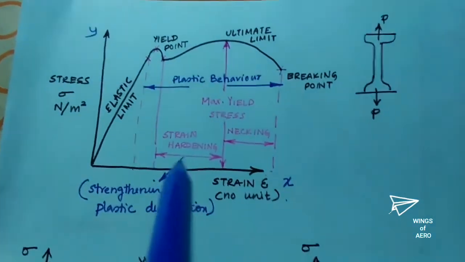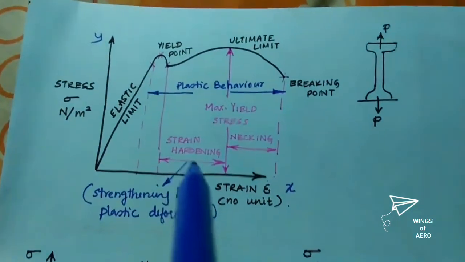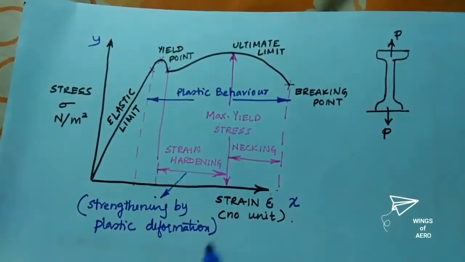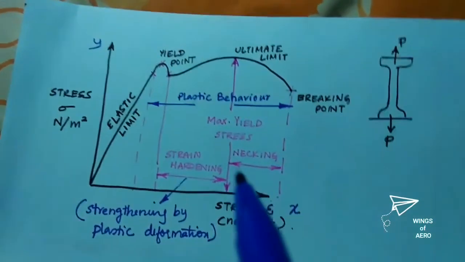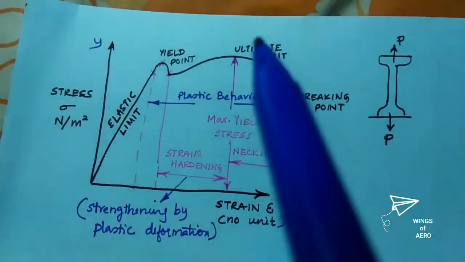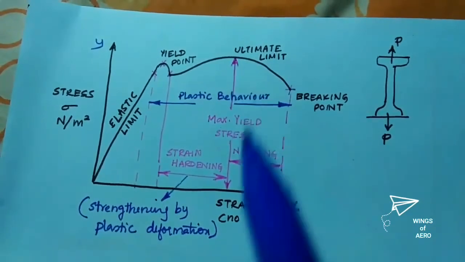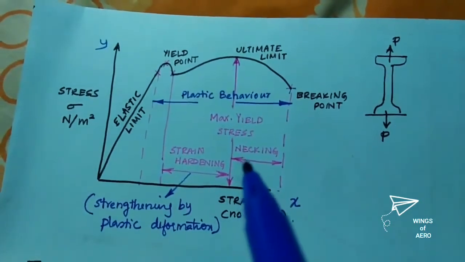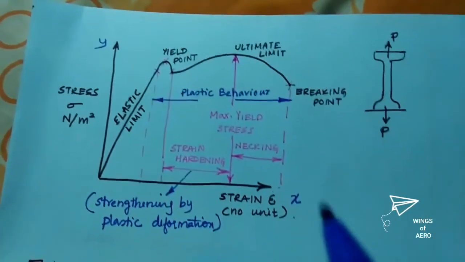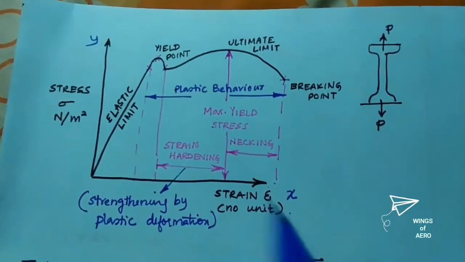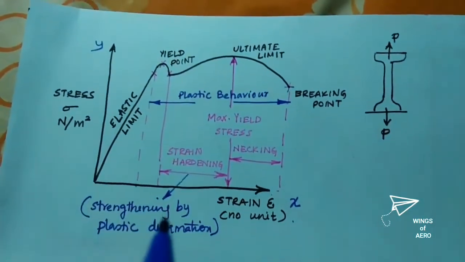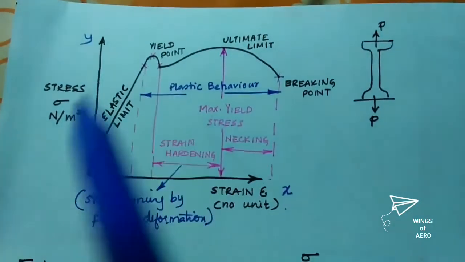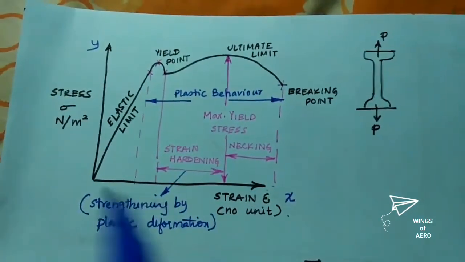What happens there, for a ductile material, it shows how much strain it gives by plastic deformation. It shows this property. And what do you mean by necking? Necking is the region from the ultimate limit to the breaking point, which we call the necking region. And what do you mean by elastic? As per Hooke's law, stress is directly proportional to strain,